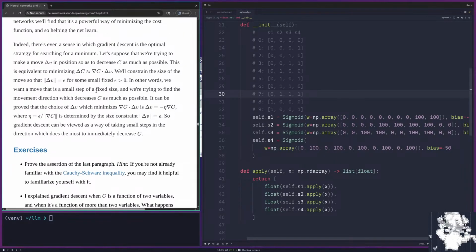So the assertion is the movement direction which minimizes C as much as possible is delta v equals negative epsilon over, here, this is